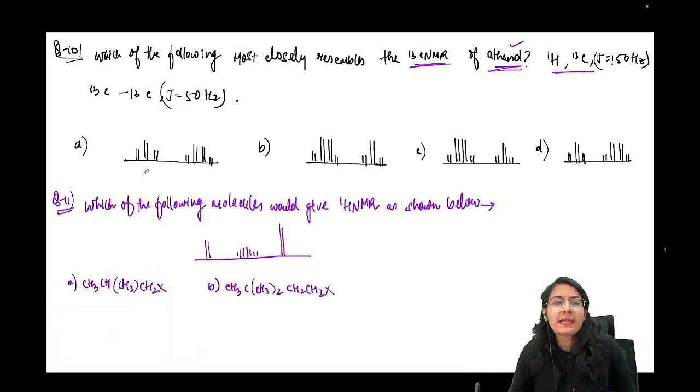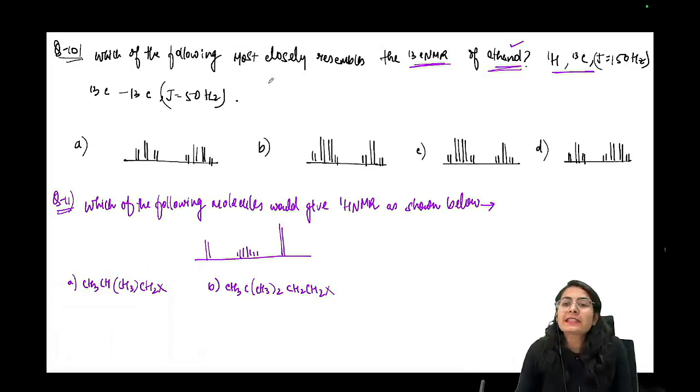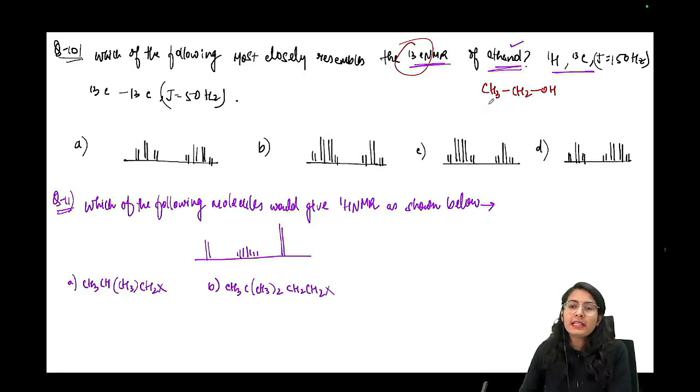Now, see what is happening. Which of the following most closely resembles the C13 NMR of ethanol? So ethanol is the structure CH3, CH2, OH. Now, the only thing is that there is a carbon-carbon coupling also. Otherwise, if we only consider the hydrogen coupling, then